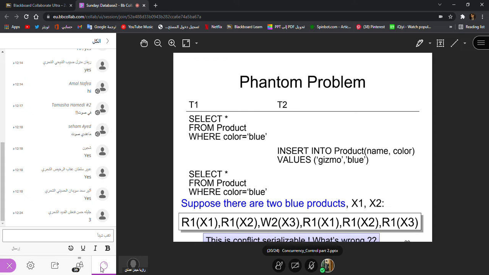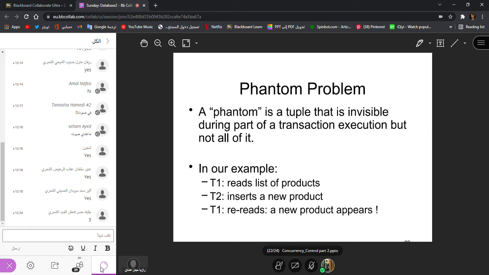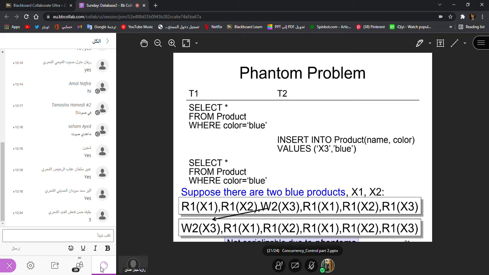So they are saying the same thing here. Suppose there are two blue products, X1 and X2. Here it's transaction 1 reading X1, reading X2, writing X3. Let me see. Okay, this is the schedule for maybe this one. Let me read. R1, R1, X2, writing X3.